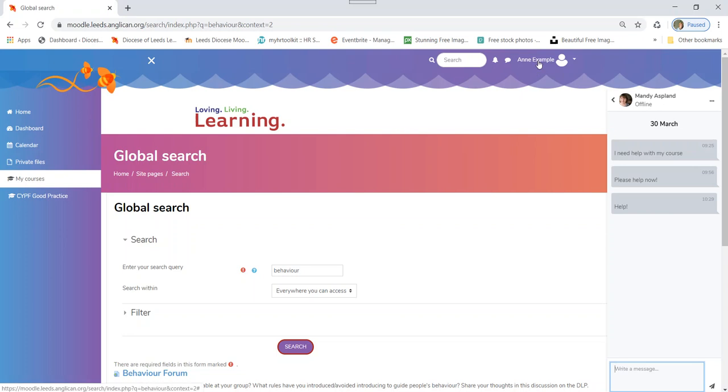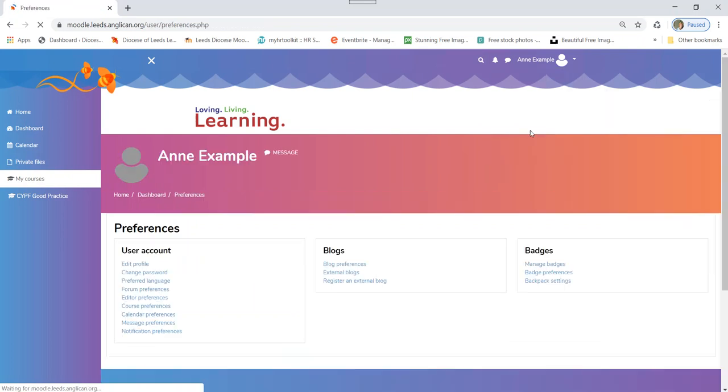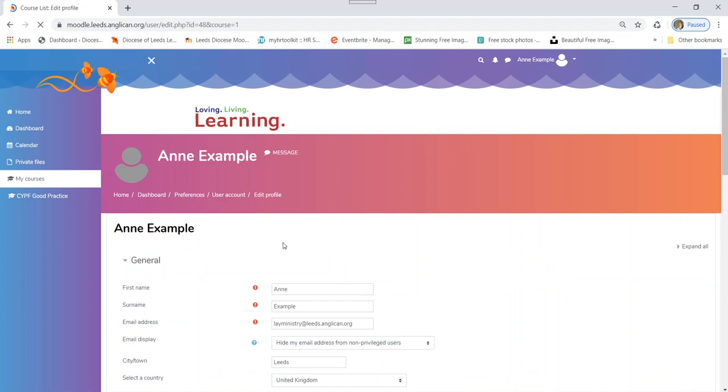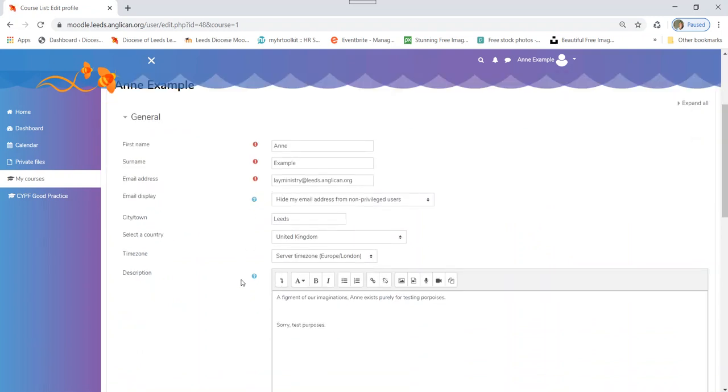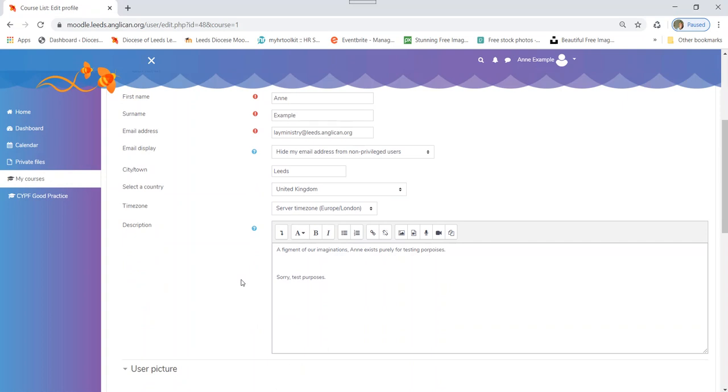Again, moving across, you can see that the cursor changes shape when I hover over the name. That's because if I click on that, I get this other list of options here. So I'm going to click on Preferences just to show you a little bit. Once you've got familiar with how the Moodle site works, you can explore all these things, but there are certain things you can change. So if I click on Edit Profile, there are options to change your name, your email address,